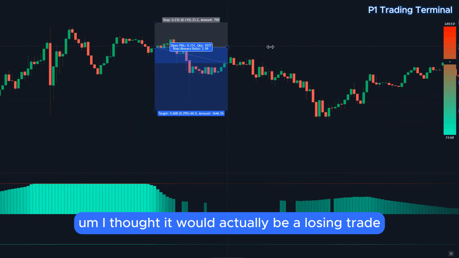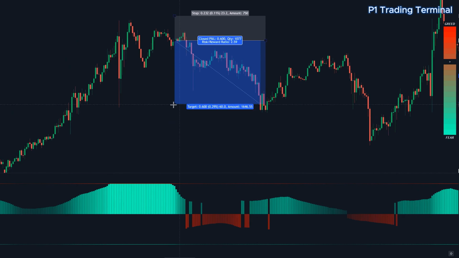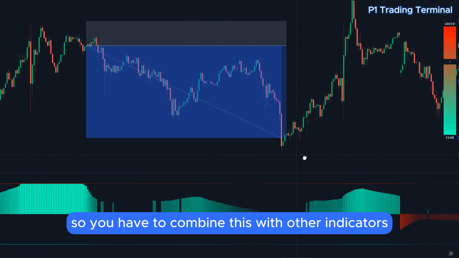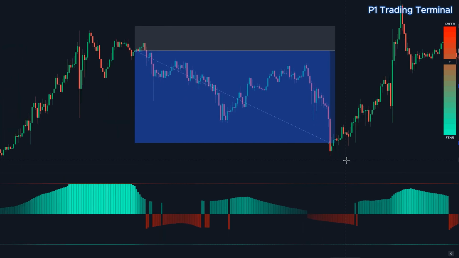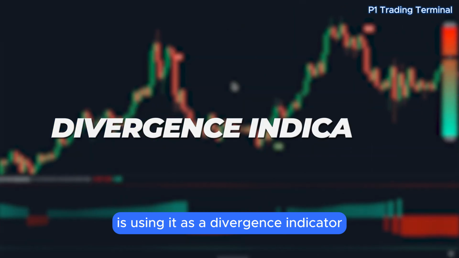I thought it would actually be a losing trade, but the point remains, not every single overextension entry is going to result in a profitable trade, so you have to combine this with other indicators or price action concepts to get long-term profitability. Now, the last method of trading with this indicator is using it as a divergence indicator,